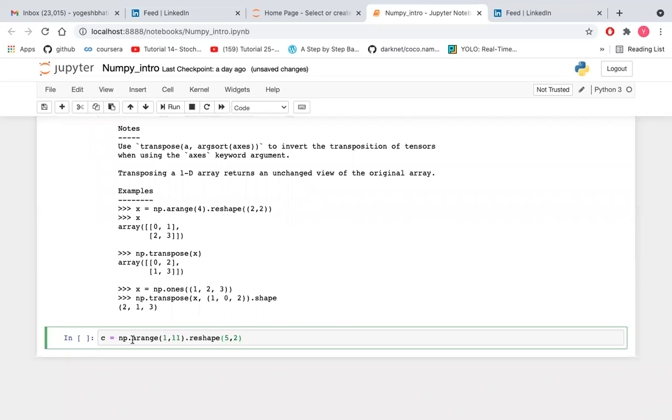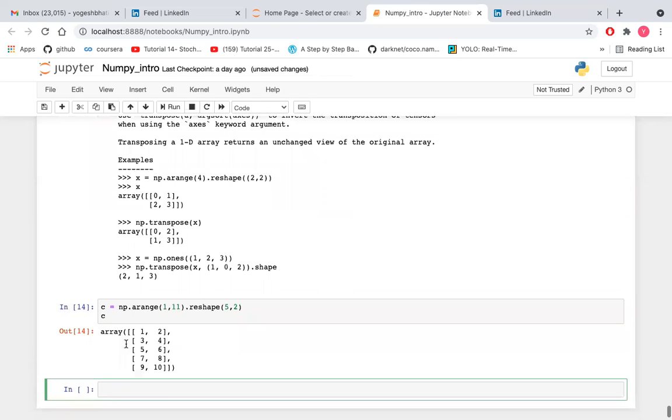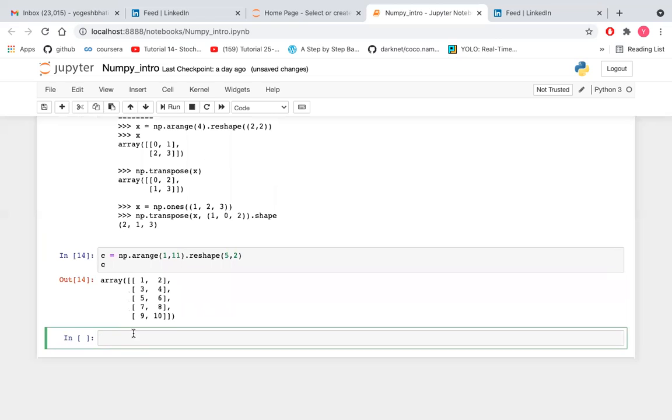Okay, this is the 2D array, and now transpose it. np.transpose(c, axes=...). Inside axes, if we want to change the axes, we have to give the value as a tuple or a list.